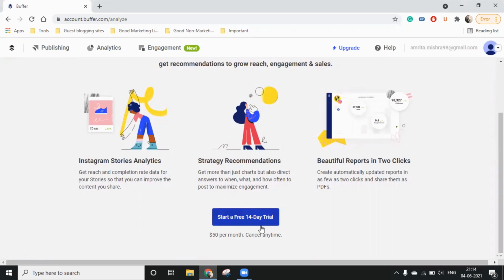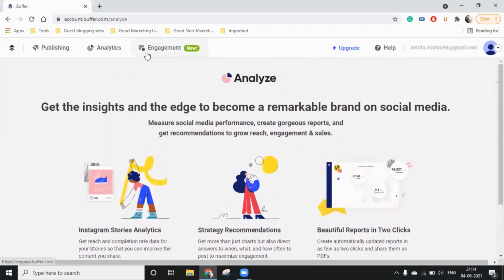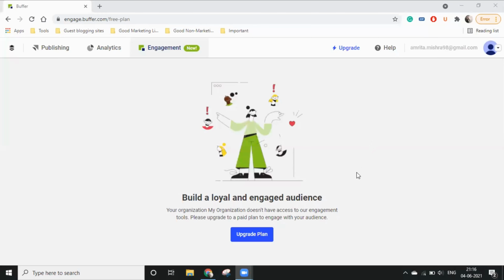You can take a 14-day free trial, or you can purchase it for $50 a month. Let's go to the engagement tab. Even the engagement tab can be accessed after you have the pro paid plan.